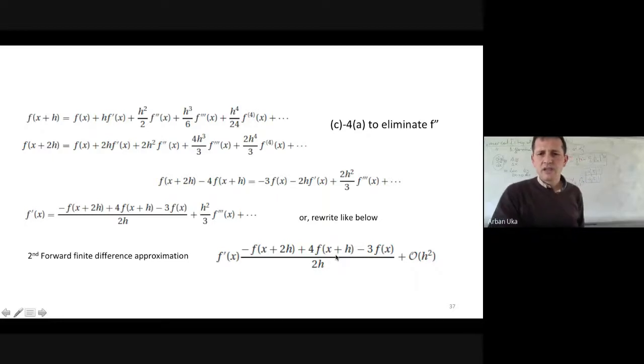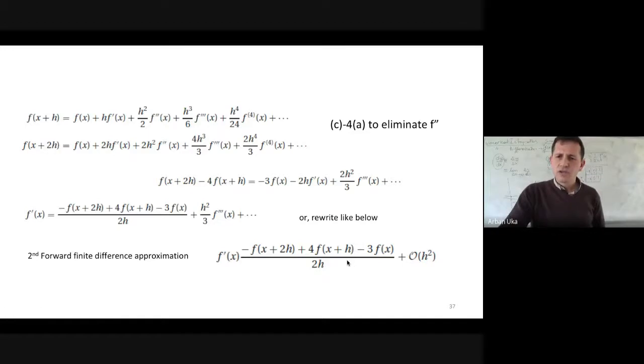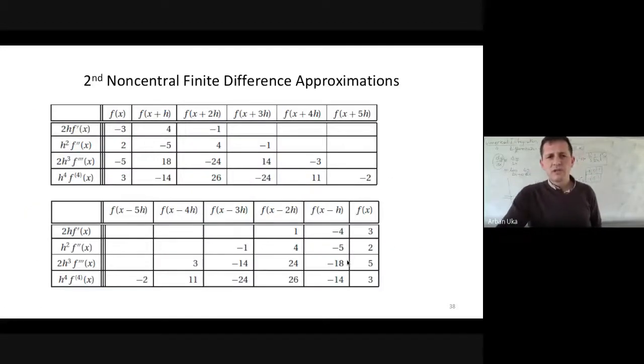And again, the next thing that we have to notice is the coefficients. What are the coefficients? They are minus 1, 4, minus 3. Again, the summation is 0. It looks like the summation of these terms is always 0. We can see the generalization of the non-central finite difference approximation. To calculate the first derivative, the coefficients would be minus 3, 4, minus 1. It goes on like this: 2, minus 5, 4, minus 1. You can pick any row and add up all the coefficients. They will always end up at 0, which